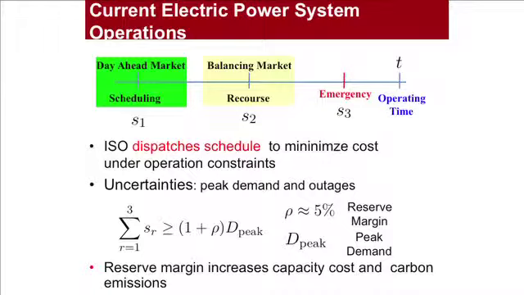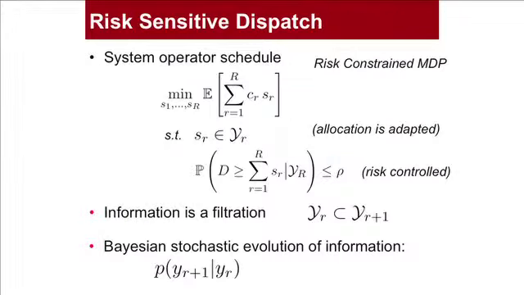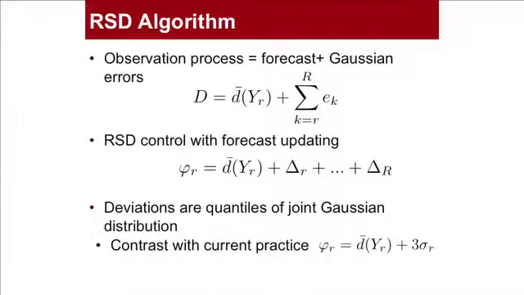Well, what we propose is, instead of that, why not just formulate the actual control problem, which is that at every time in my market, I get new information about how much wind and load I'm going to have. I can use those specific forecasts to optimize how much of the standard generators I need. Some work like that had been done in the past, but the controls were too complicated. So we said, let's simplify all the constraints that we don't care about and formulate the problem. And then we do some math. And what we find is that